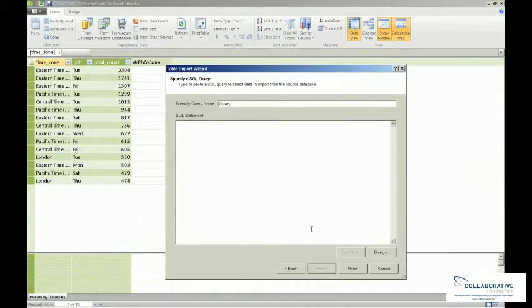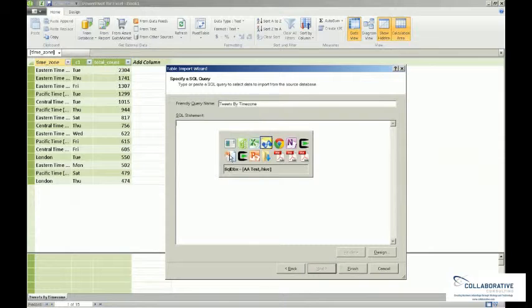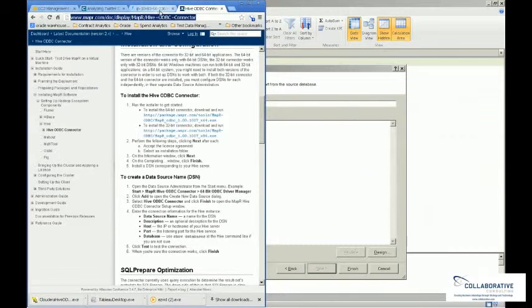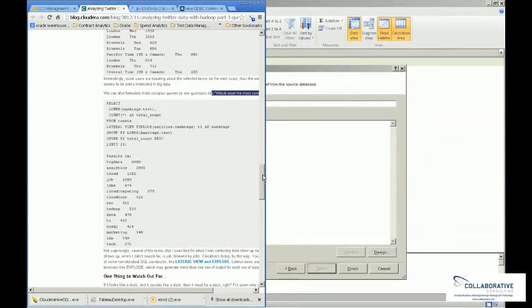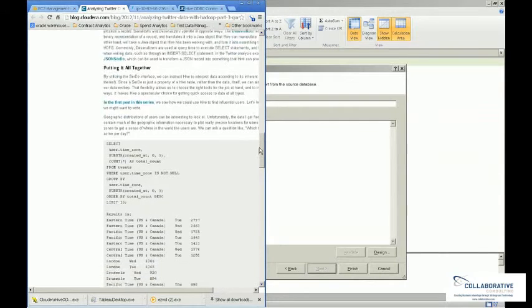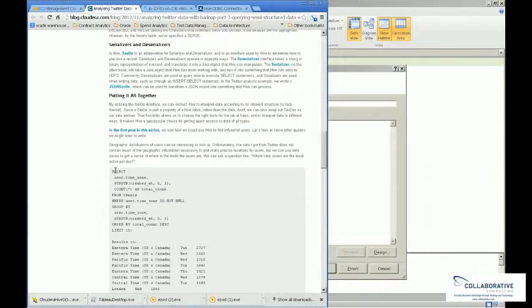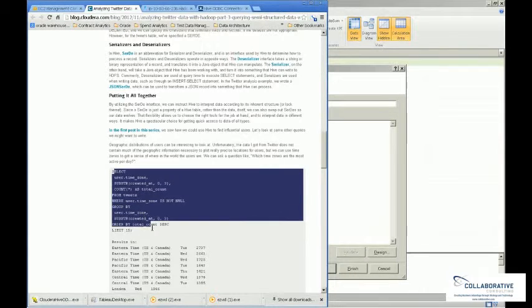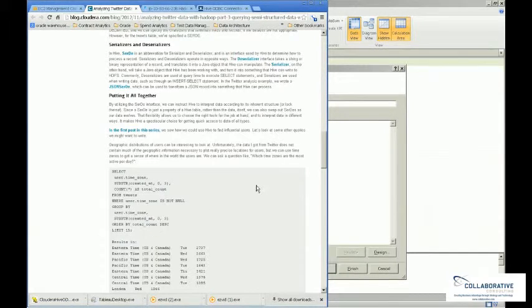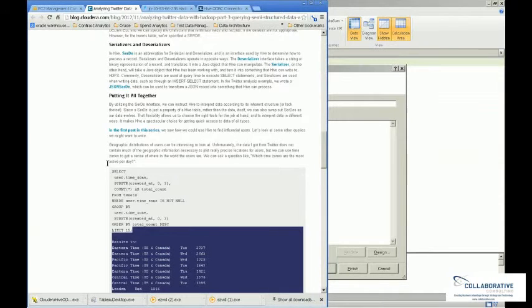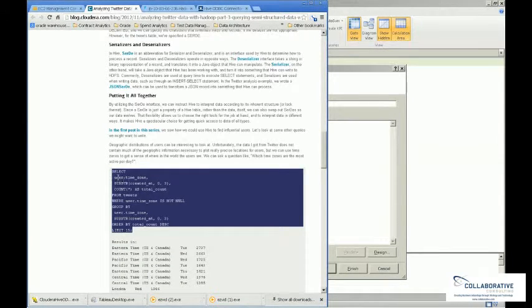And this is Hive query language that we're going to plug in here, but it's really about as SQL as you can get. Here I'm going to reference Cloudera's. They have provided these queries as part of the tutorial, and it's very helpful. Of course, you can extend these as you need to, but it's a good starting point to see how the tweets table is, we can see here,